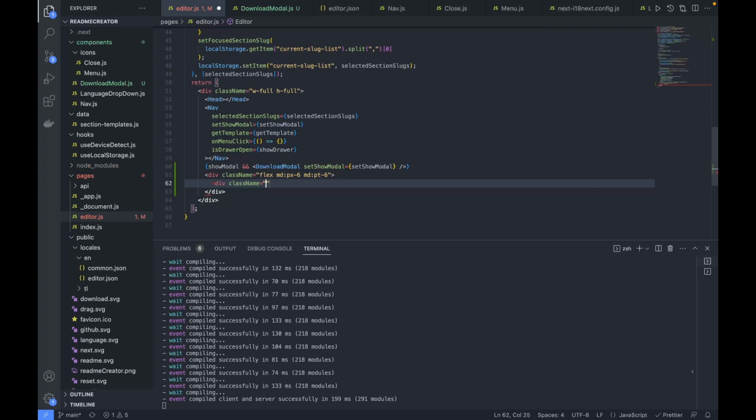So here, class name, we'll make this a flex, and the flex is 0, and a drawer height which we custom defined in the styles.css. Okay, and make this absolute, and medium as static, padding 6, okay, medium padding 0,